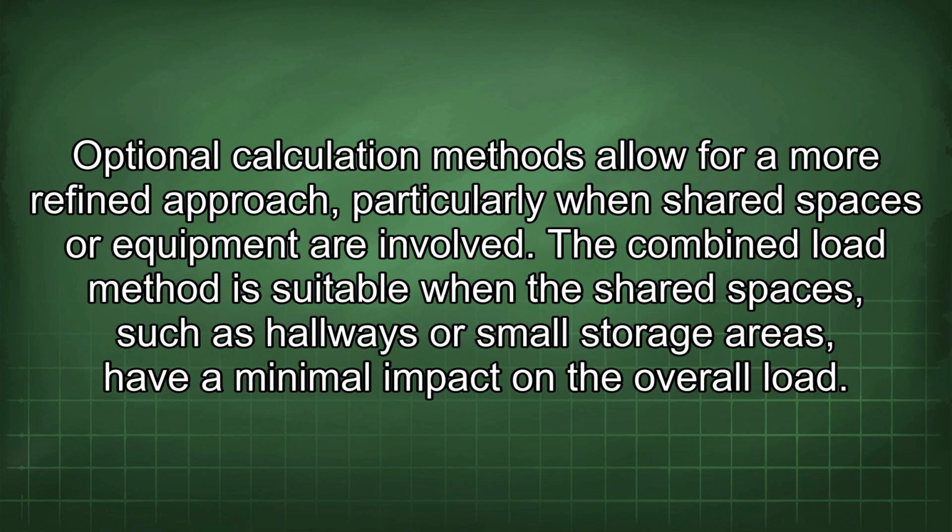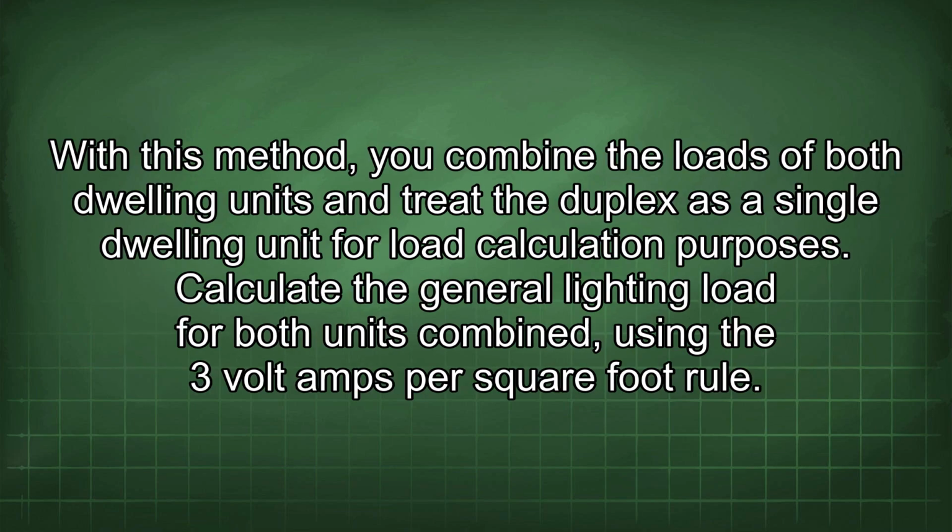Optional calculation methods allow for a more refined approach, particularly when shared spaces or equipment are involved. The combined load method is suitable when the shared spaces, such as hallways or small storage areas, have a minimal impact on the overall load. With this method, you combine the loads of both dwelling units and treat the duplex as a single dwelling unit